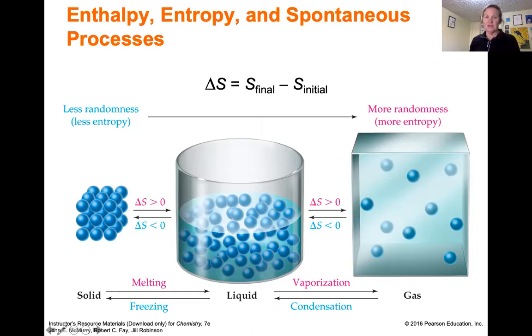So the concept of entropy: a change in entropy is the entropy of the final state minus the initial. That's always true for a state function, whether it's enthalpy, entropy, energy. And so when we look at how entropy depends on the phase, a solid has less entropy than a liquid. The solid, everything is held in its place. There isn't much disorder. When it goes to the liquid, the bonds are continually breaking and reforming, and so there's much more chaos. When you get to the gas, the particles can flow anywhere, and there's a lot of disorder. So going from left to right in this slide, there's an increase in entropy.